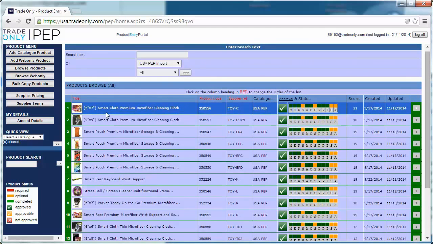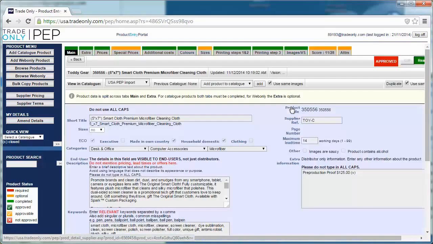Okay, so if you want to view any of them, you just click on any of these letters here, and we'll take you right to it. So we'll start with the M. So across here is all the different tabs of the different information. The first one is the main tab. It's the basic information. Here's the product title. Here is the supplier code. Here's your lead time, which is 14, and we're still going through and updating all those,